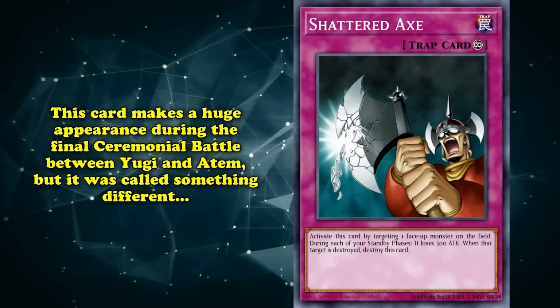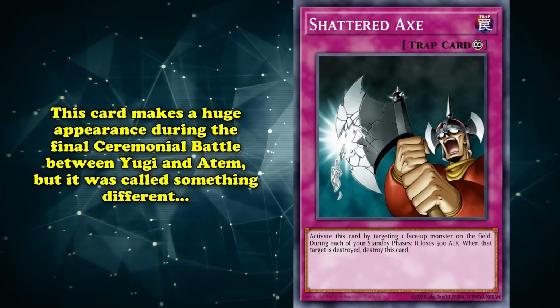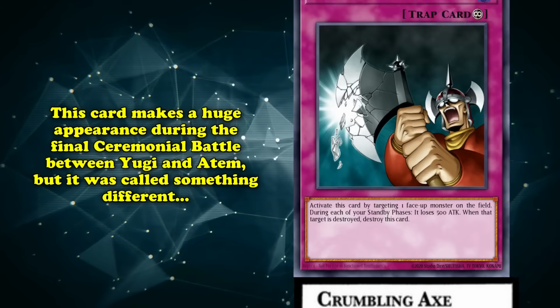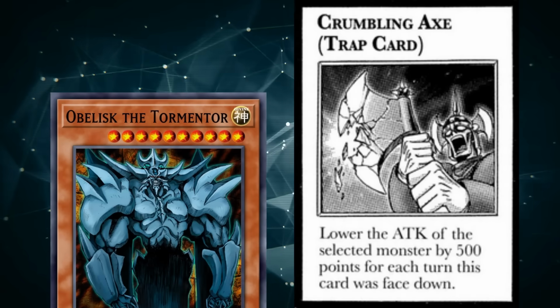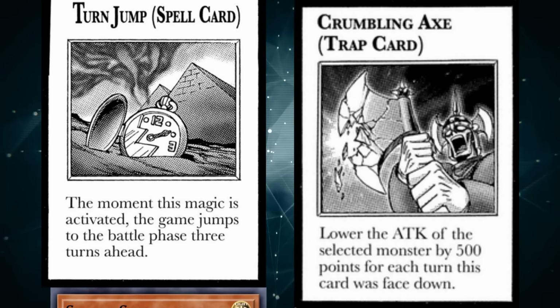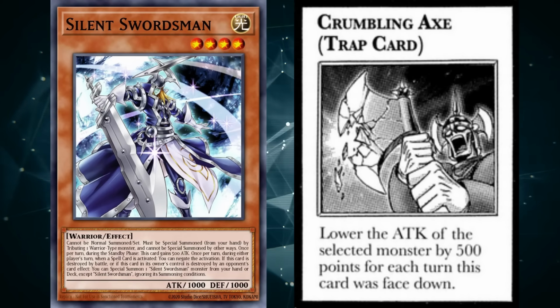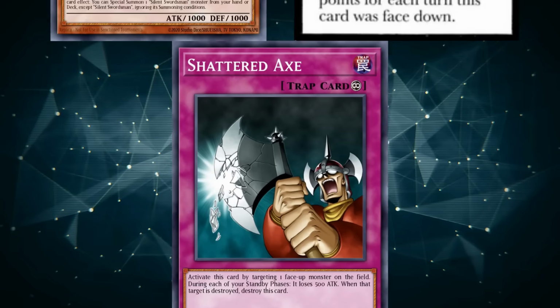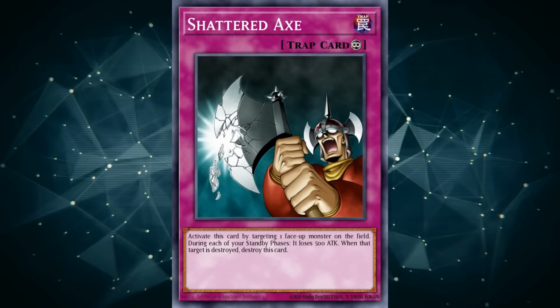But even more interestingly, this card has a major appearance during the final ceremonial battle between Yugi and the Pharaoh, where the card was called Crumbling Axe instead of Shattered Axe. Yugi equipped it to Obelisk the Tormentor and activated the card Turn Jump, which powered his Silent Swordsman up to 2500 attack, while reducing Obelisk's stats to the same, causing them both to be destroyed by the ensuing battle. This is probably why Shattered Axe was introduced to Duel Links during the first Yugi Moto roaming event back in November